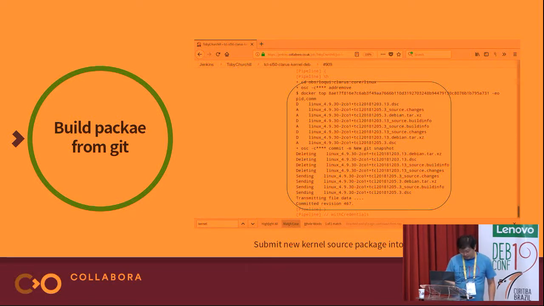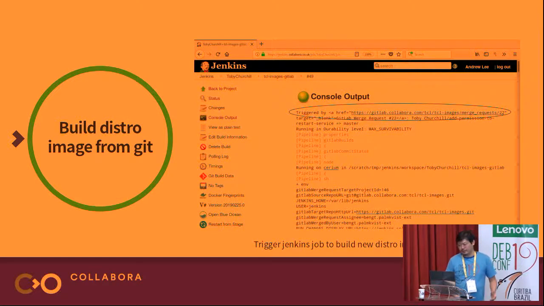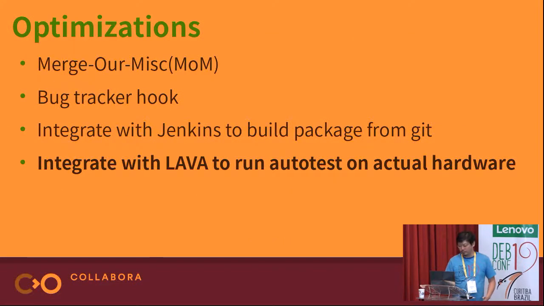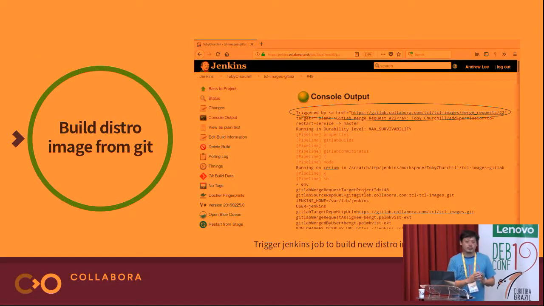Okay, and then you can also use Jenkins to build distro images from Git. So here is an example where the Jenkins job will get triggered by GitLab to build the distribution image automatically. So it fetches the repository and starts to do the build. The image script will need to have a local archive to fetch all your packages to build the image, right? And the archive will be provided by the OBS, so you can build directly with Jenkins and also OBS. And also you can